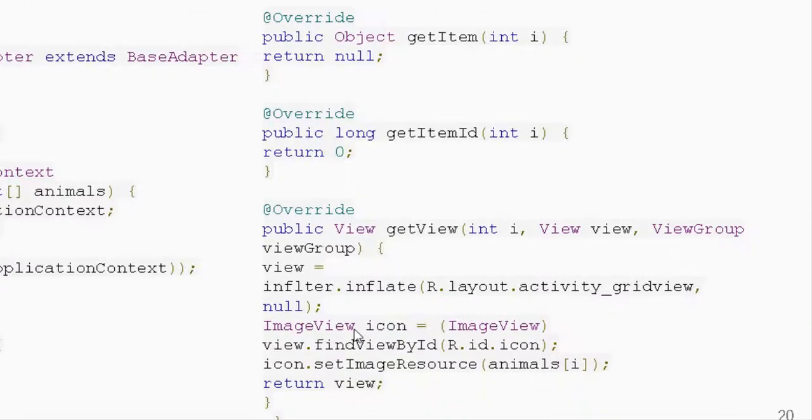Now see here, your inflator is converted. Now let us define each image with the newly created image.